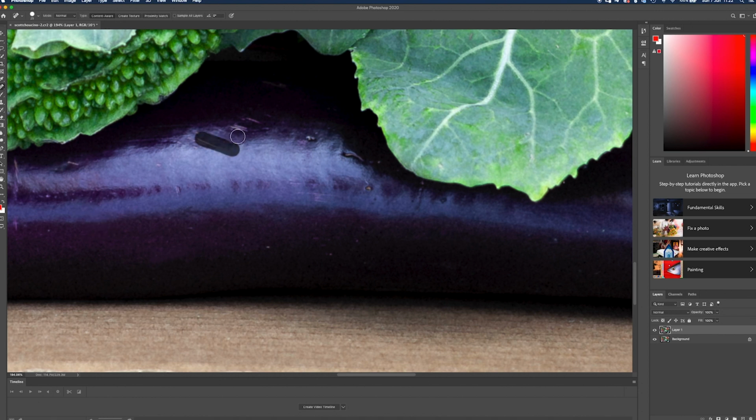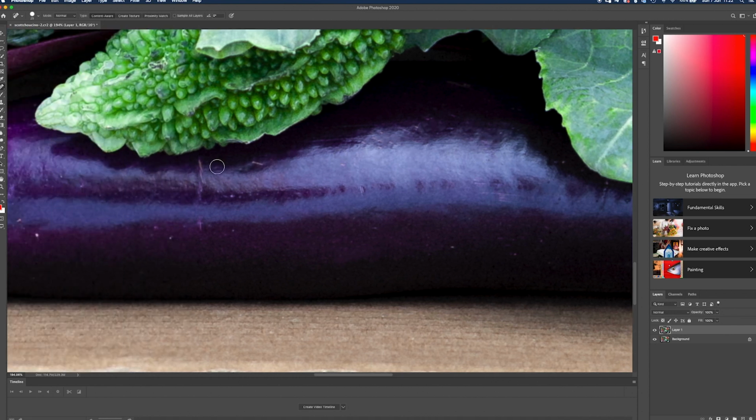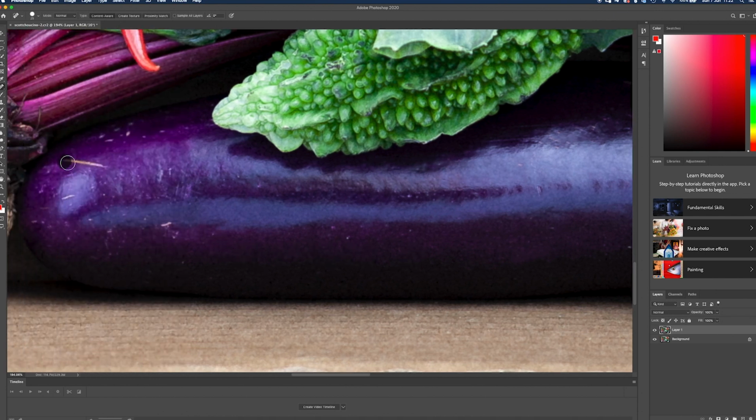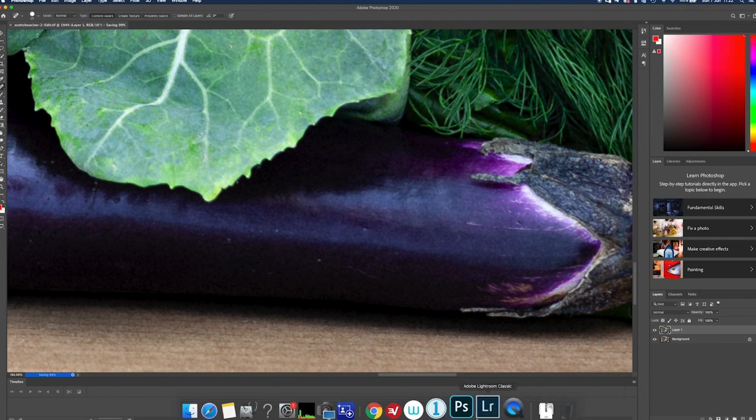Now, this is somewhat different to my workflow. Obviously, I work with a team. It's very rare that I will retouch an image myself because it's just not my strong point. This is not where my skill set lies. You're probably watching this going, that is some botched editing right there. But it gets the job done. Brute force. There we go. And then, one little bit there. All we do now is close this bit here. Hit save. Then when we come back into Lightroom,